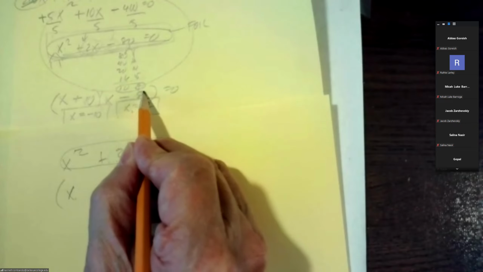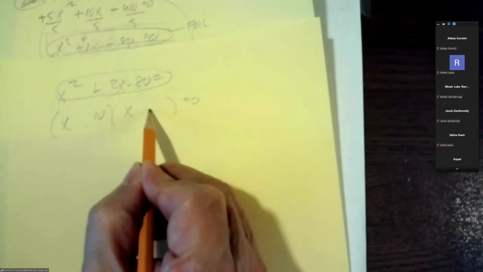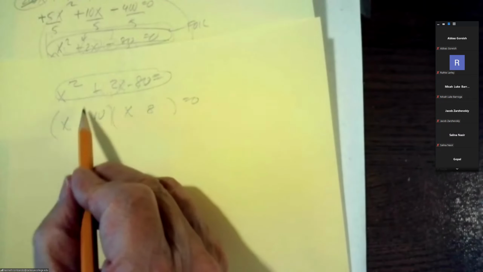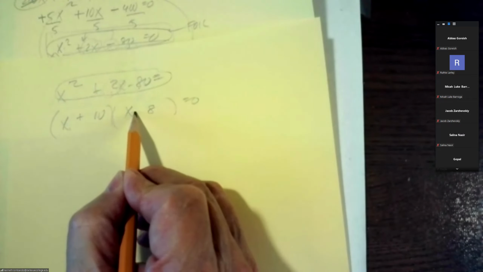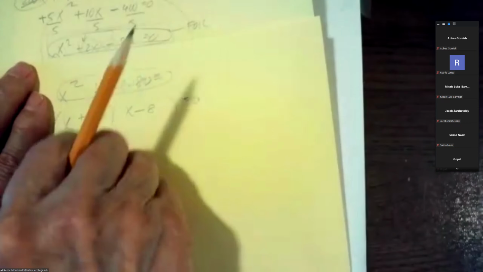Oh yeah, that's right. I wrote 10 and 2. Yeah, we want 10 and 8. 10 and 8. And we want a plus and a minus. So 10, or excuse me, x equals negative 10